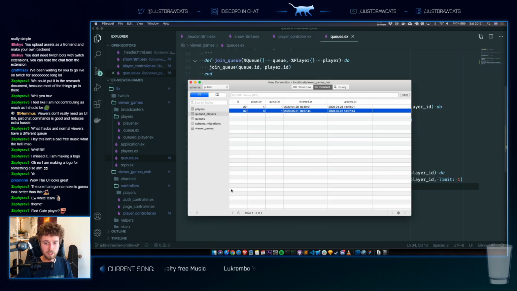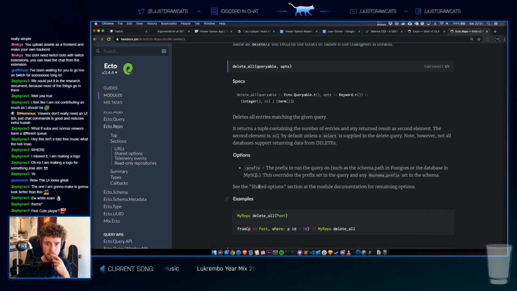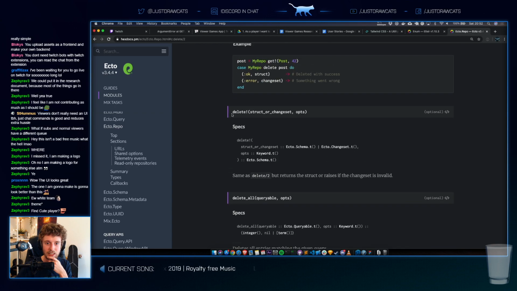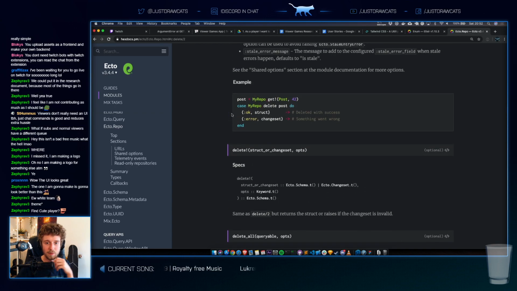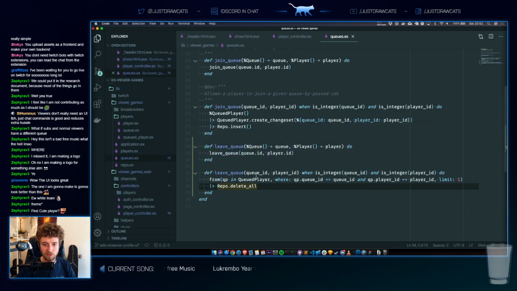If I do a delete all, what happens if there's an error? It will give you an integer. Oh shit. So maybe I'm just gonna create a struct instead, because that seems to be a little bit safer.